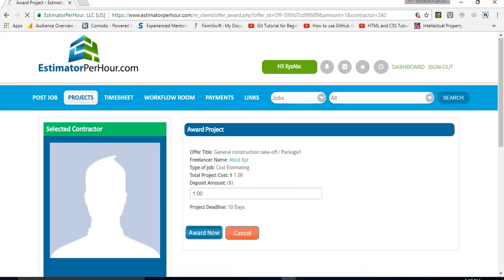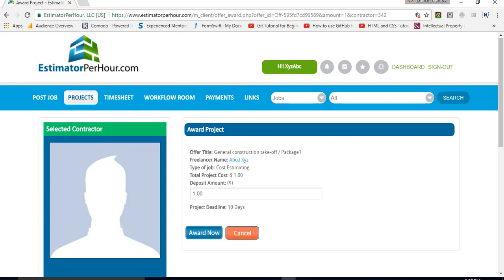Right, so if the client has sufficient amount of money in his My Wallet, once he clicks this award now, it will automatically be awarded to the particular freelancer.